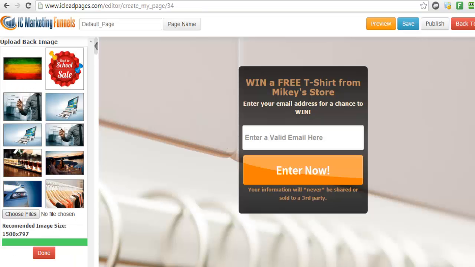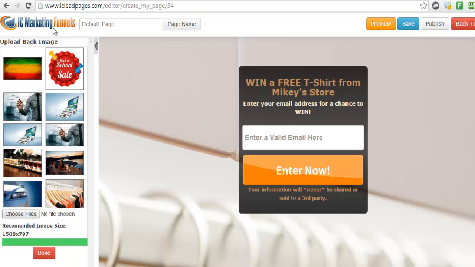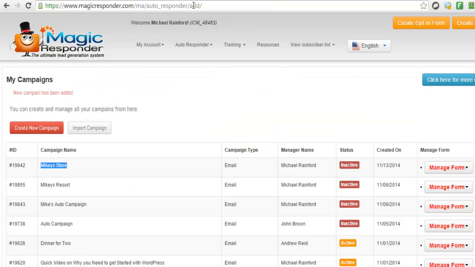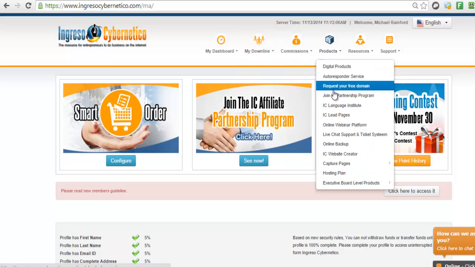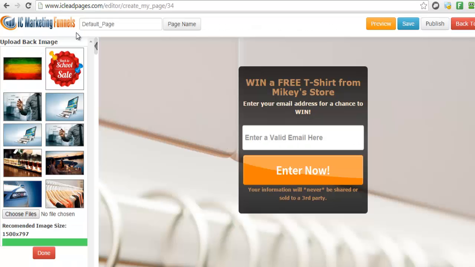Now we have two things. We have our lead page and we have our autoresponder, but they're not talking to each other. They're two different services actually. So this is the IC lead page, and this is the Magic Responder. There are two different services being offered. Right? What we need now is for both of them to talk. So we need to set it in such a way that the autoresponder basically corresponds with the IC lead page,